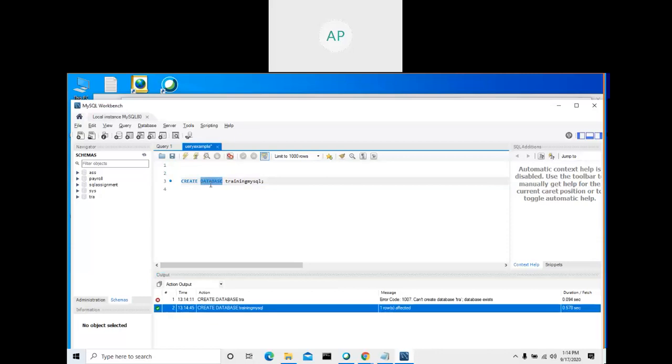Like in Windows, you create a folder, right? Same way you are creating a database here. One and the same. This database is going to contain all the tables and the data that you are going to create and insert. All the data you are sending from the browser will be stored in the database. For this we will use Java and JDBC, and we will connect to this database and store it. That you can learn when you learn Java.